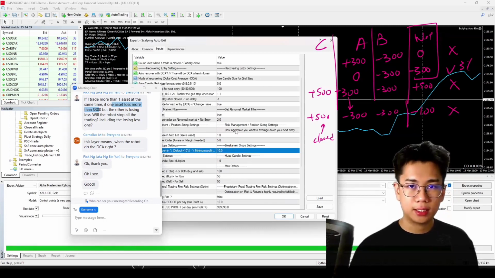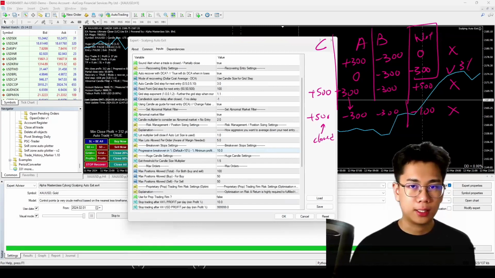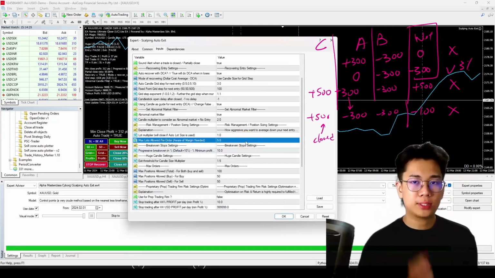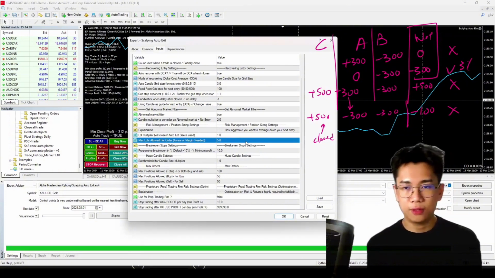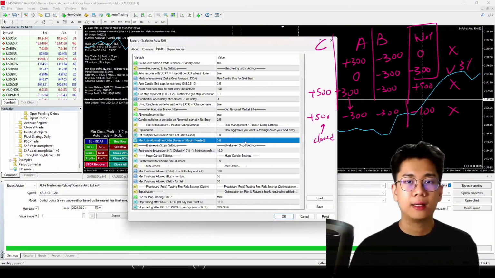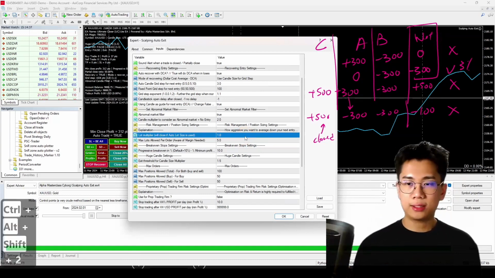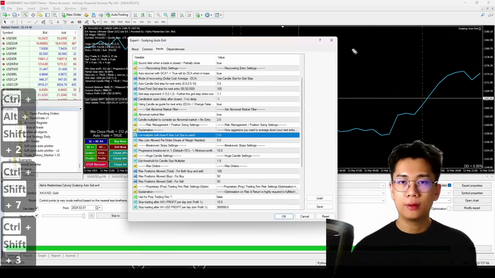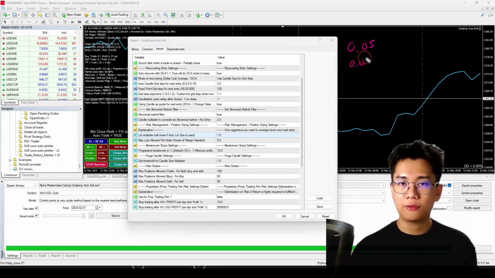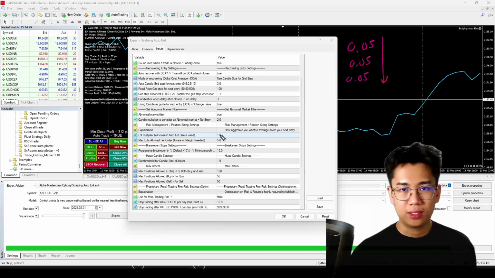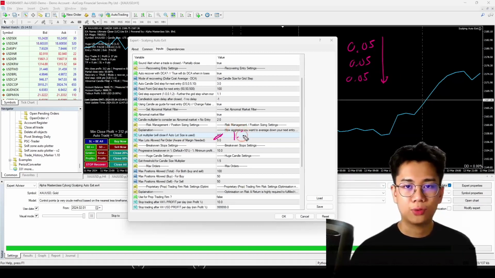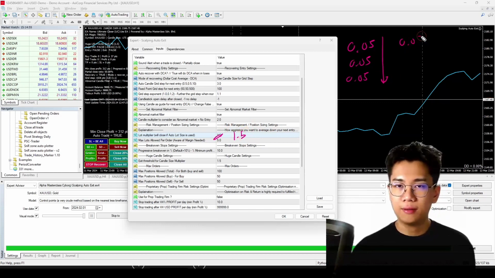And over here, we can see that other than that, it includes the maximum lot size that you will allow it to open. If you know what the limit is to set, then you can set. And what is a lot multiplier? By lot multiplier, it means that by default, right now the lot size is 0.05, 0.05, 0.05. It's all the same. But let's say that you are a high risk trader, which is not recommended, you can change this to 1.5. So it becomes 0.05 for the first buy, and when you buy for the second one, this will become